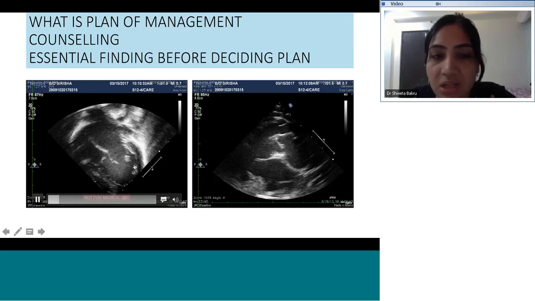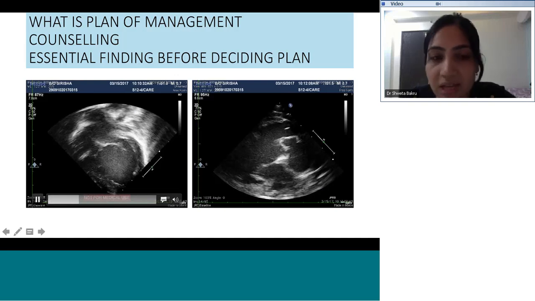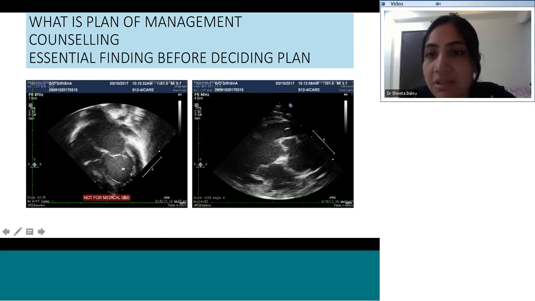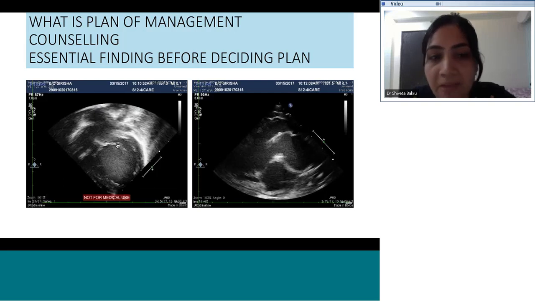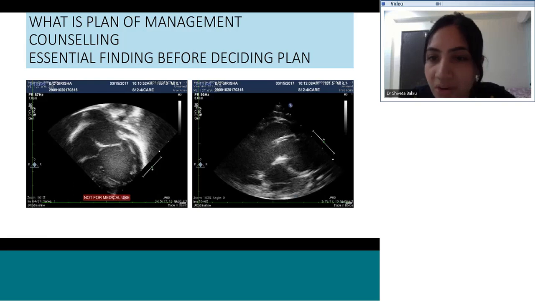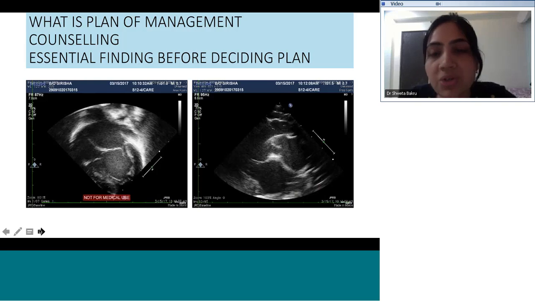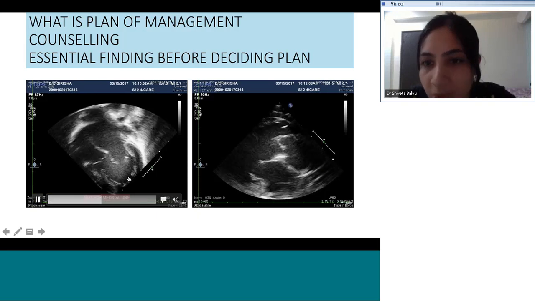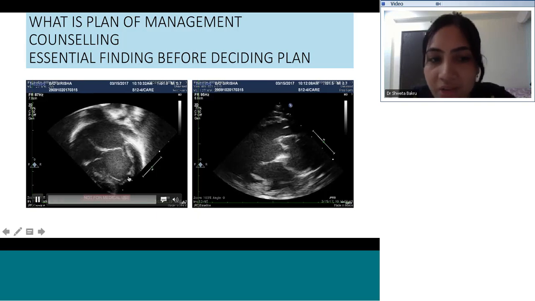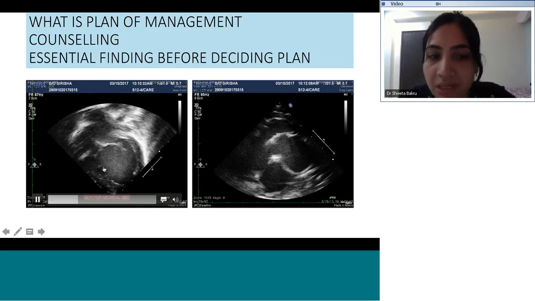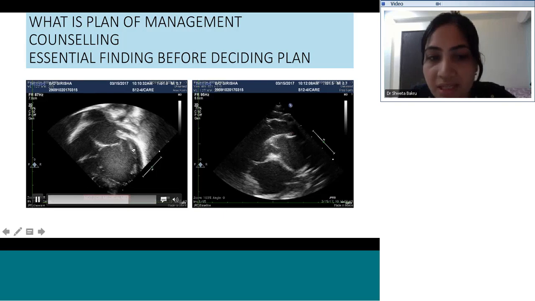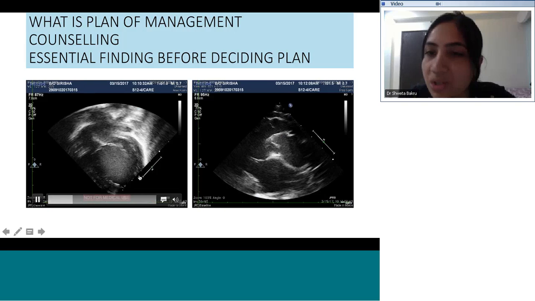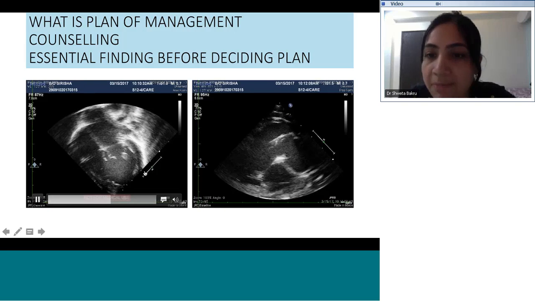So this is a non-inverted type of double inlet left ventricle, whereas the inverted type is the commonest variety, where the LV will come on the right side and the rudimentary chamber is on the left side. So it is a kind of L looping of the ventricle, which is the commonest variation, but here the rudimentary chamber is on the right side and the dominant chamber, which is of left ventricle morphology, is on the left side.